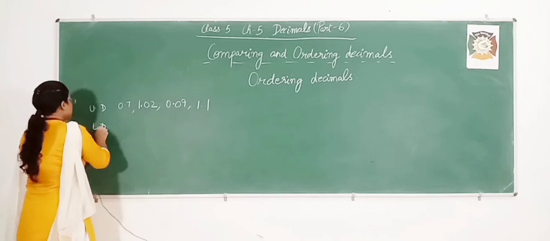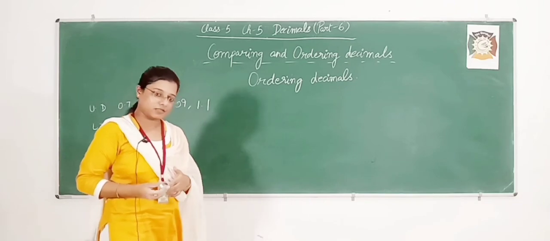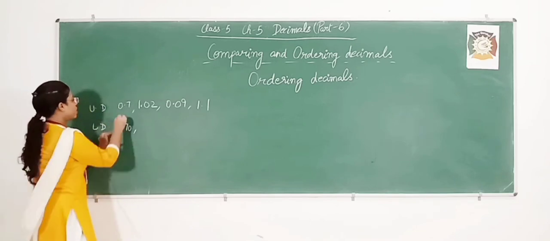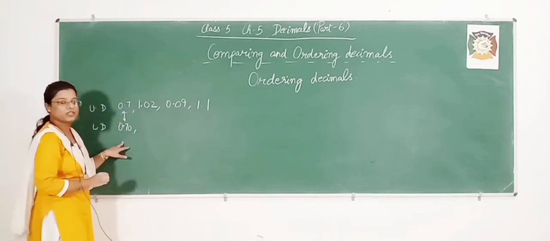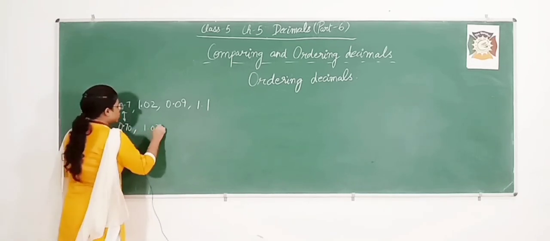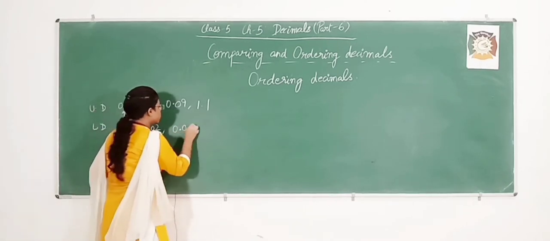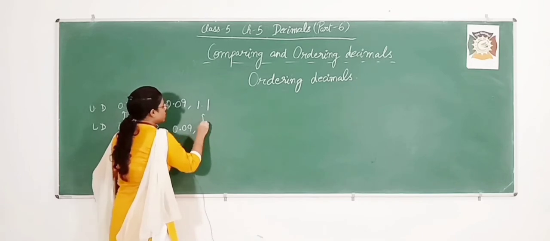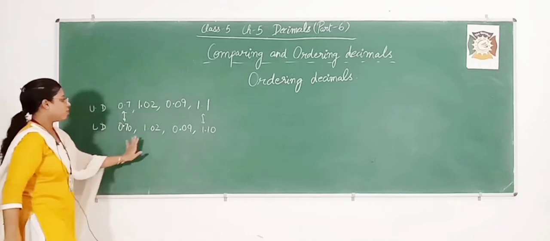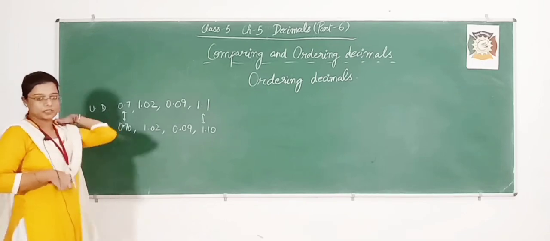First step, you will make them like decimals by putting zeros at the required places, right? Here you will put a 0, 0.70. You have written the equivalent form of 0.7 as 0.70 to make it a 2 decimal place number. Here you do not change it because decimal places are already 2. Here also you need not change it, 0.09, keep it same. Here you will change it by putting a 0. Now you have obtained a 2 decimal place number for all the 4 decimal numbers. Alright students, so by this you have obtained like decimals.